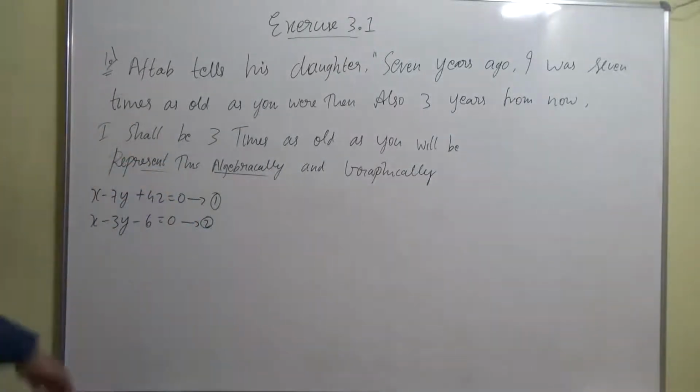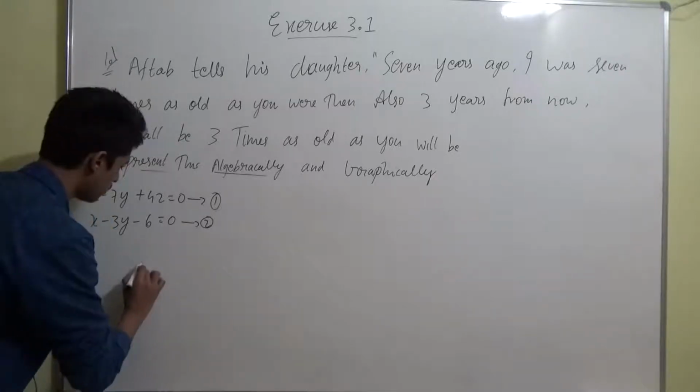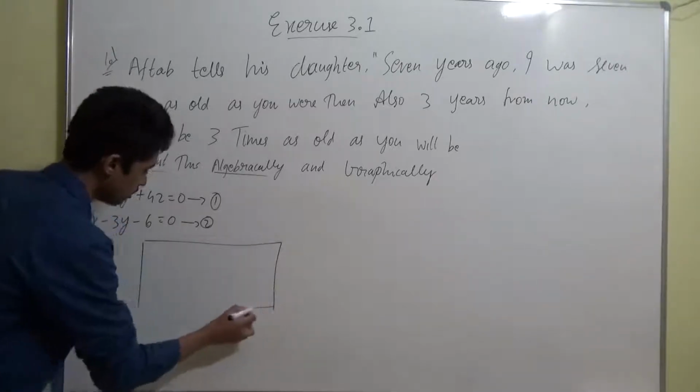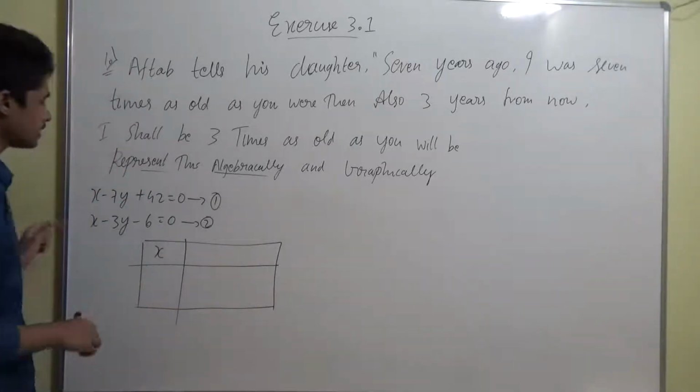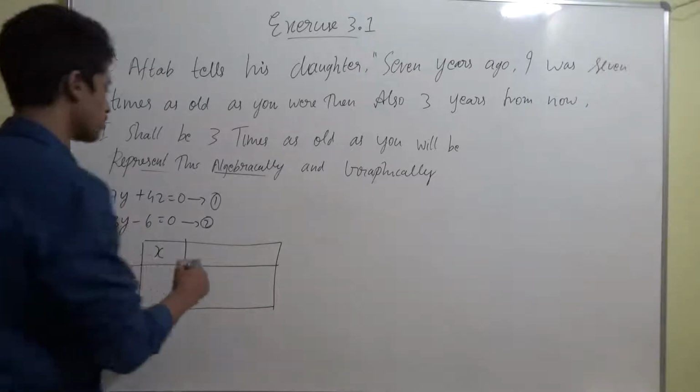Now let's draw the graph of this one, guys. As I said, to draw the graph, first we have to make two tabular columns, and then we'll draw the lines in that graph. To draw the tabular columns, we have to put the value of x and get the value of y. Let this be x, and if this is x, what will you get for y, guys?